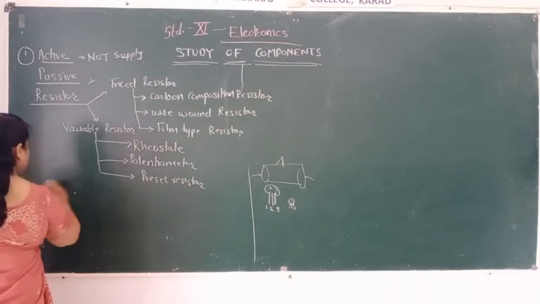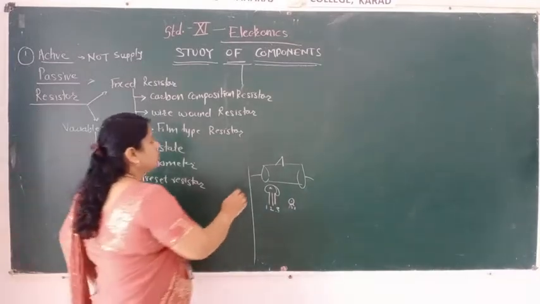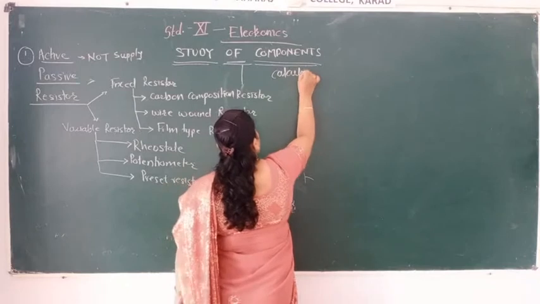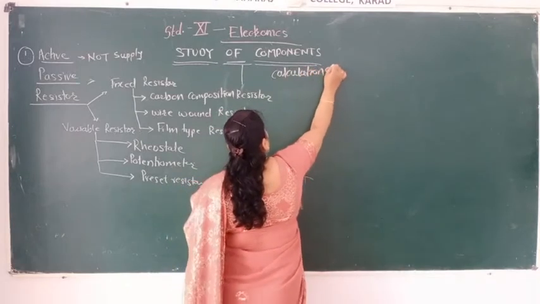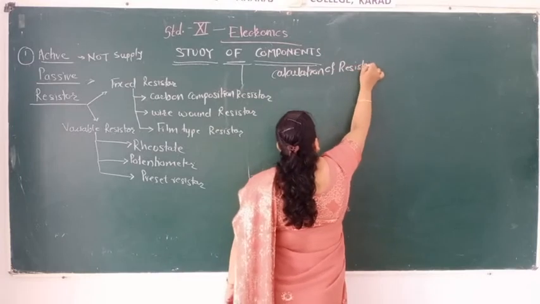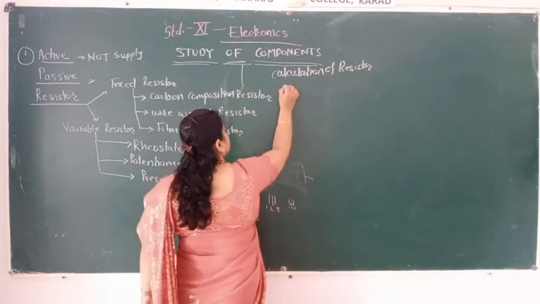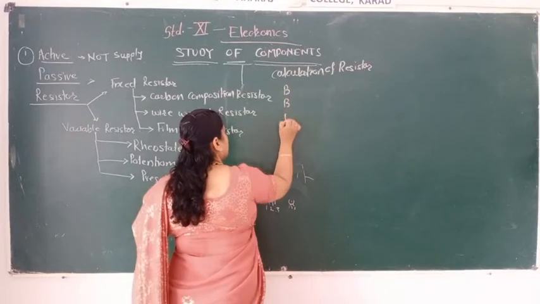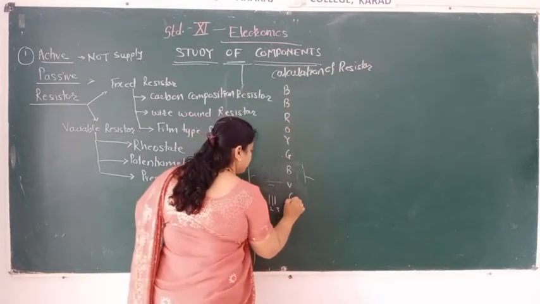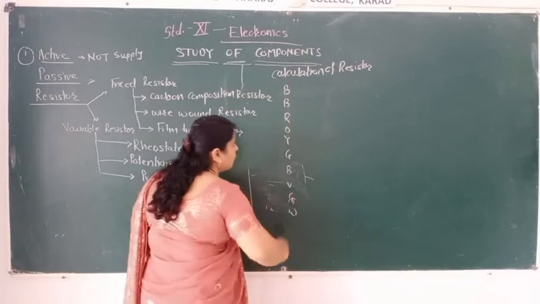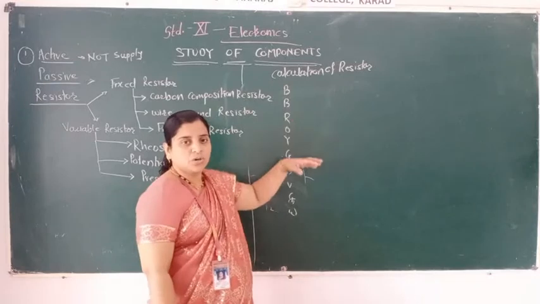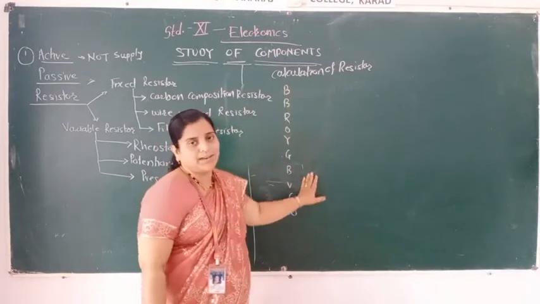Before going to capacitor, we have seen how to calculate the resistor. For that, we see the table of what? Yes, B. Roy, go to Bombay via Gateway. I told you the short form which I have made. I told you to make your own short forms of these things so you can remember.